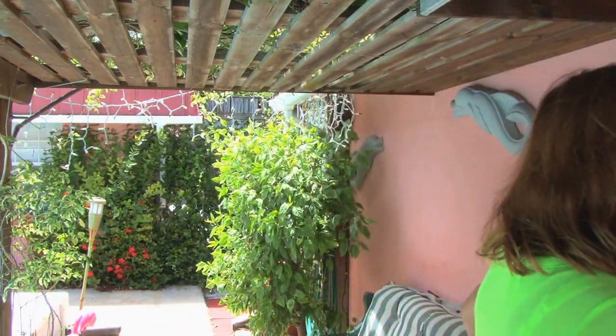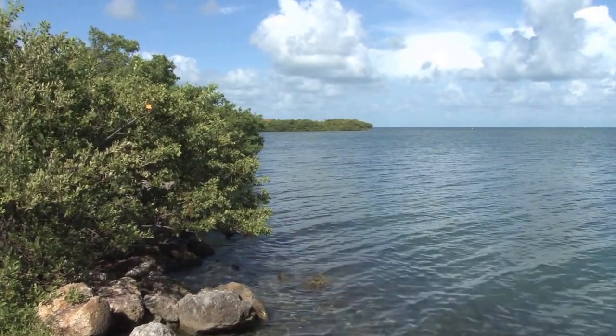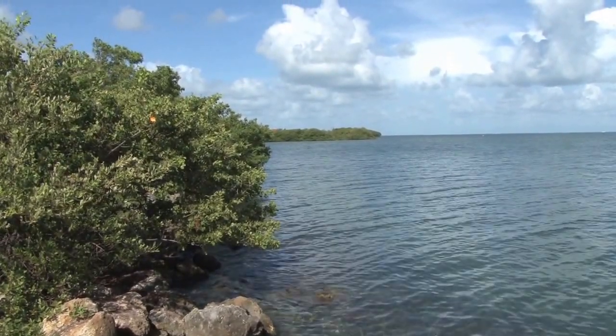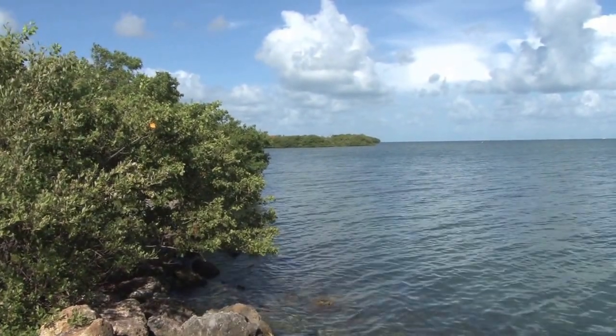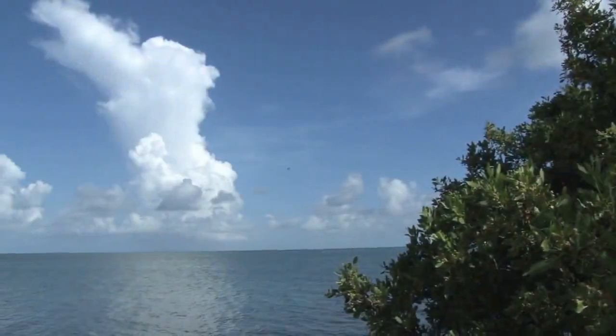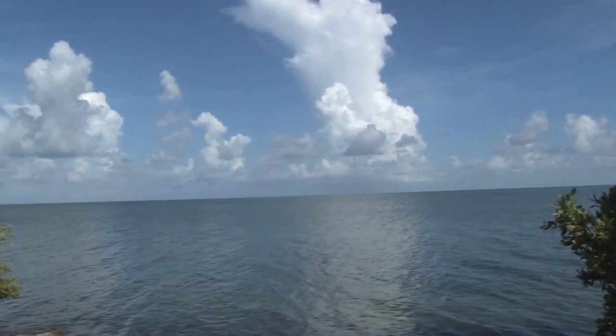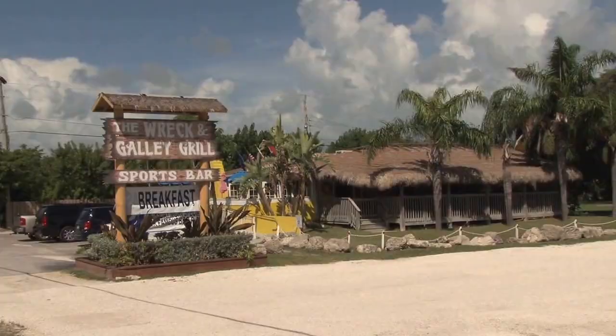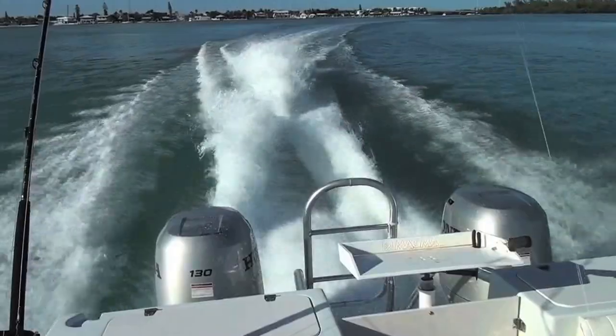So now's the time that we can start imagining the things that we can do and see and experience when we arrive at our destination, or if we're a resident, when we have a day off. Okay, let's visualize. What do we got? I see views of clear blue skies, views of blue ocean water, blue water over white sand. I imagine experiencing the 3 R's: reclining with a view, relaxing on a beach. It could be Sombrero Beach, Cocoa Beach, resting by a pool, dining, probably on fresh caught seafood, boating, visiting a sandbar,